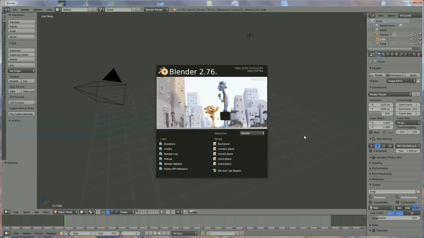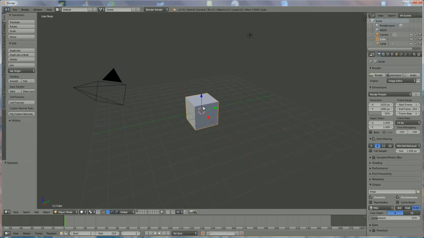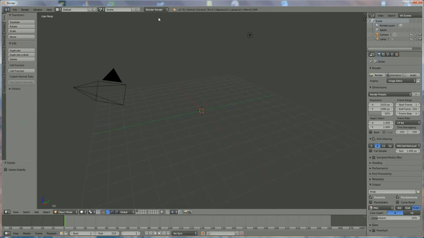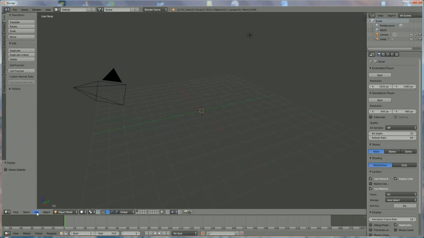Hi everyone, in this tutorial I'm going to show you how to make a bouncing ball. I'm pushing the delete button to delete that one, and we switch from Blender Render to Blender Game. We're going to add a plane